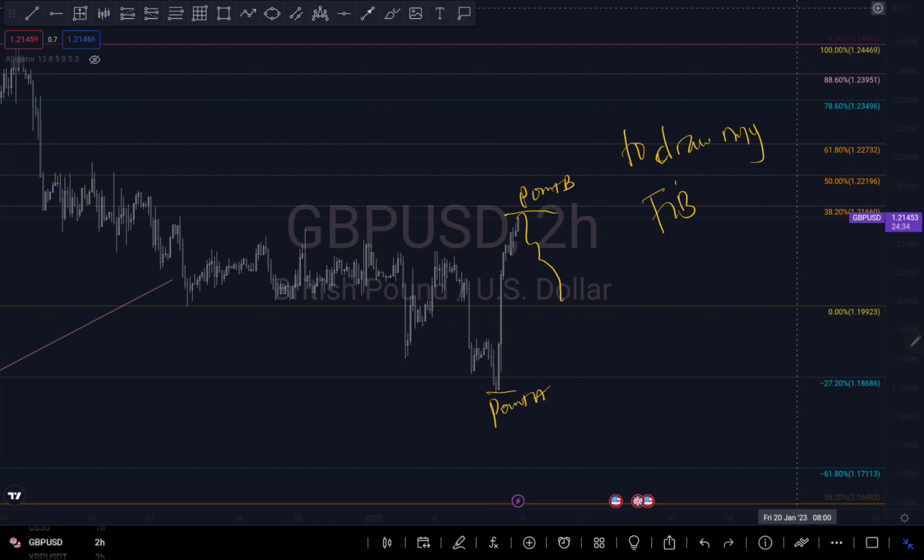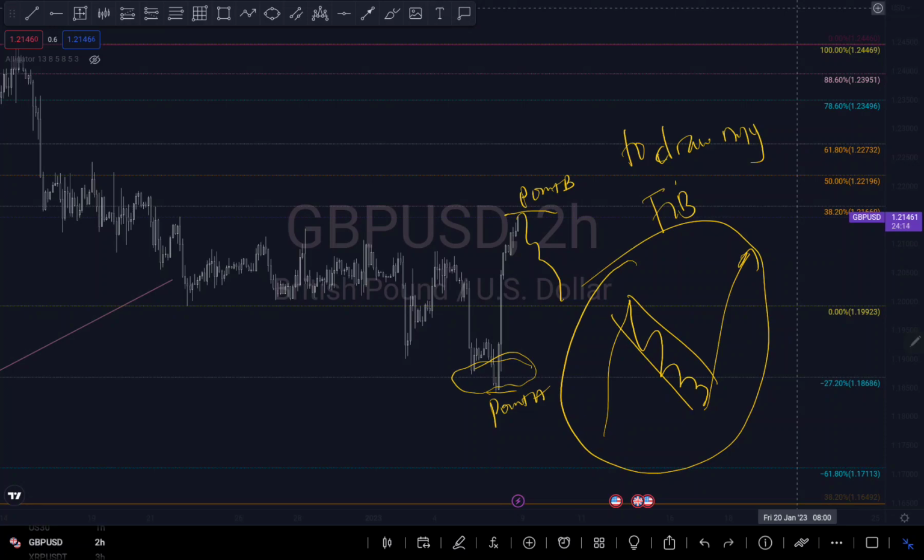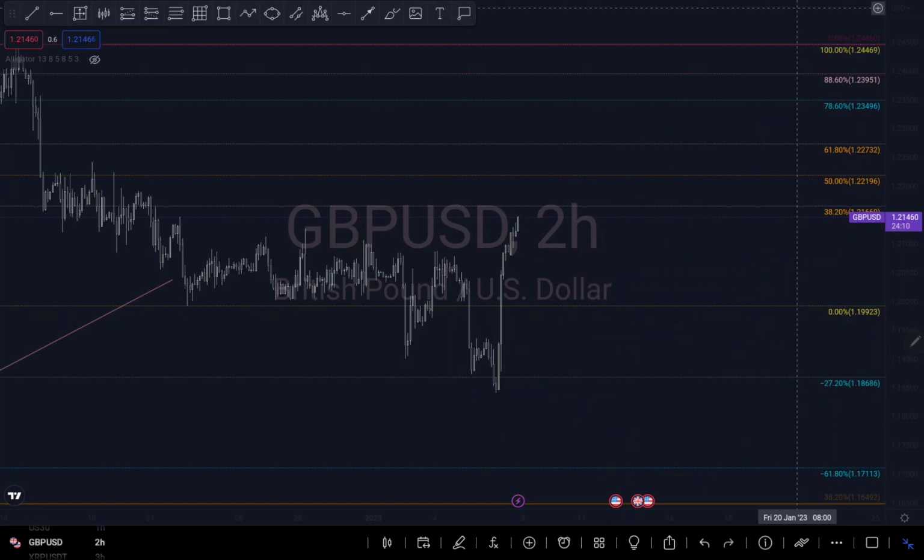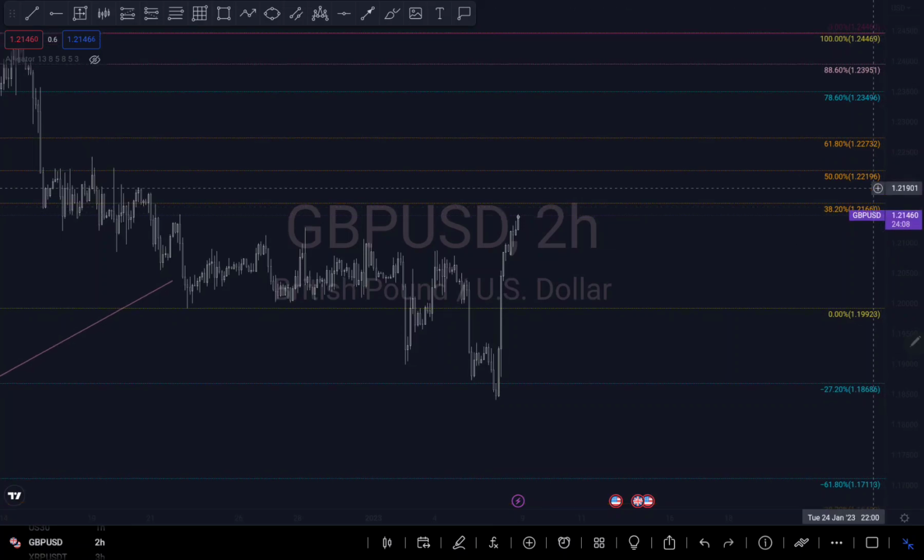But I'm expecting a short buy, especially when we've gotten to this level right here. I'm expecting a kind of pullback, which is like a complete buy direction. When I say complete buy direction, I mean like an impulse, a correction, and a continuation, right? Something like this for a buy move. This is a complete buy direction, so that's what I'm expecting, right? But I have to wait a little bit to have a retest, right?